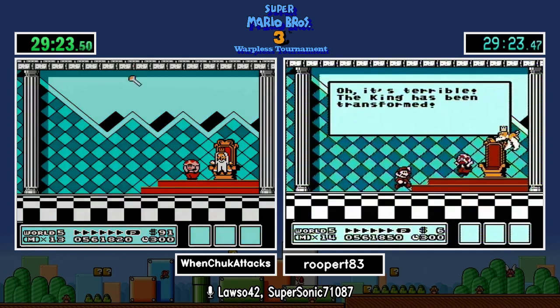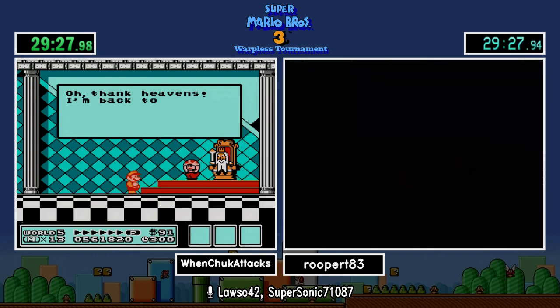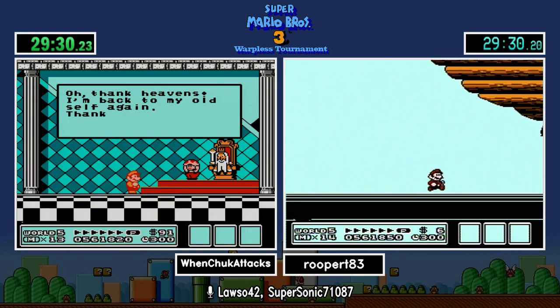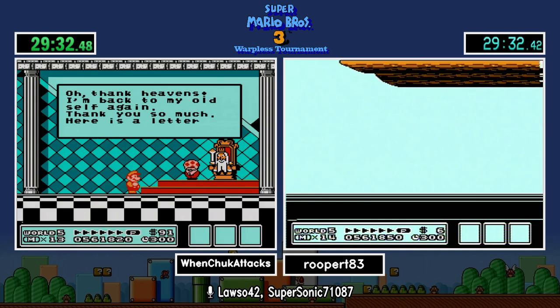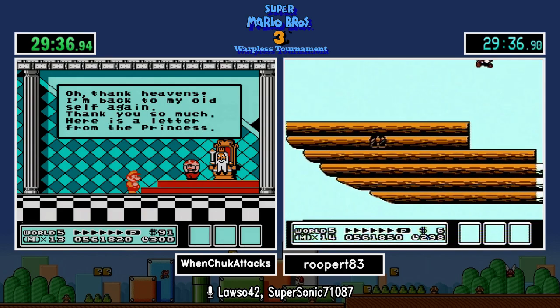Then we actually saw Chuck pull off a beautiful fire kill on Roy. Roy didn't jump at all in that sequence, and he managed to get all 10 fireball shots on him. Roy, one of the scarier fire kills, just because the